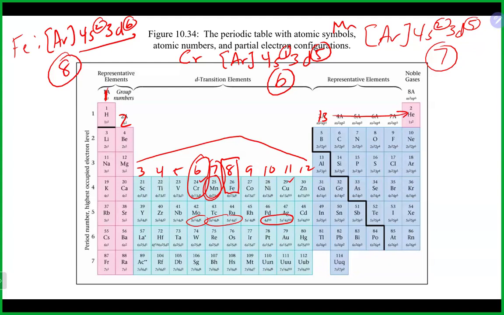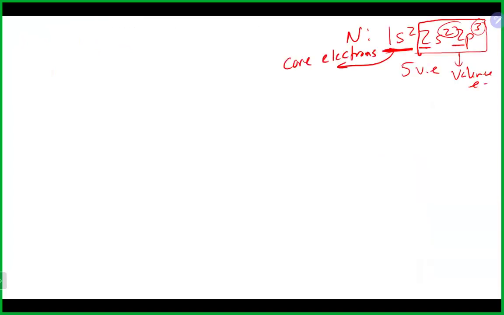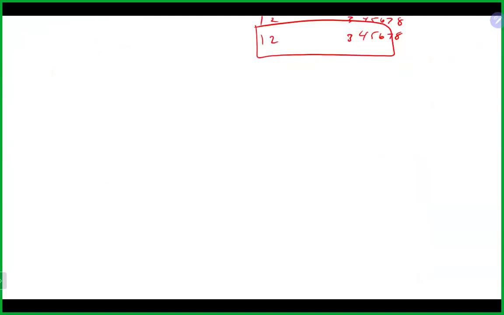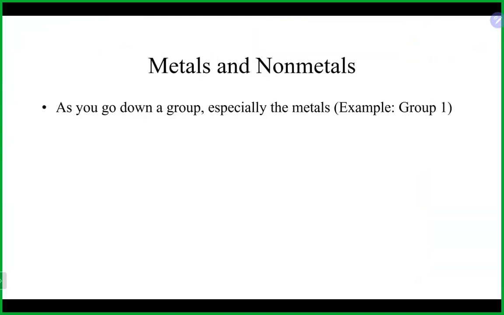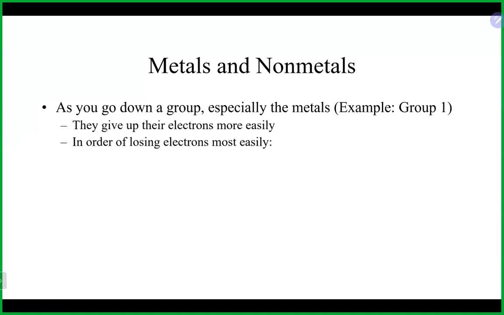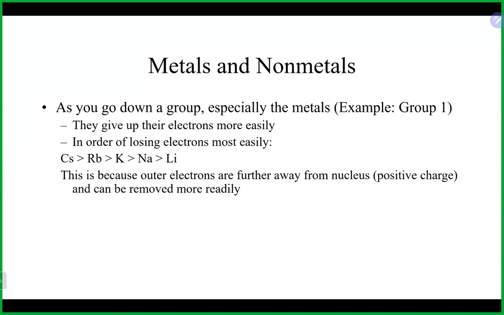Any questions on transition metals and valence electrons? Okay. All right, so that is definitely a much easier way to figure out valence electrons, just to go by the group number. So let's talk a little about some of these periodic trends that we saw today,